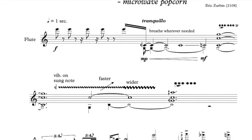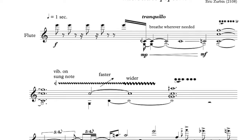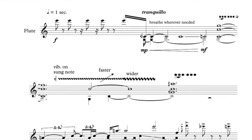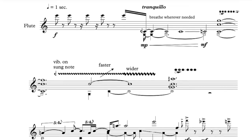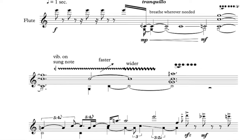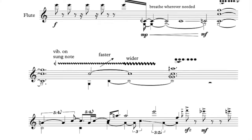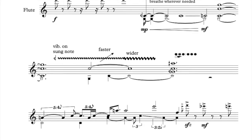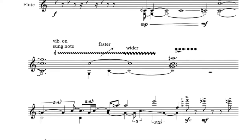So the first line is the most straightforward one. The high E's are as close to the frequency of the microwave buttons as we could get. So the high E's are just someone typing in the numbers of how long to microwave the popcorn. And then the very low singing and playing is the closest we could get to the frequency of the hum of the microwave. And then you start getting a little bit more crunchy sounds and more warbling as the microwave